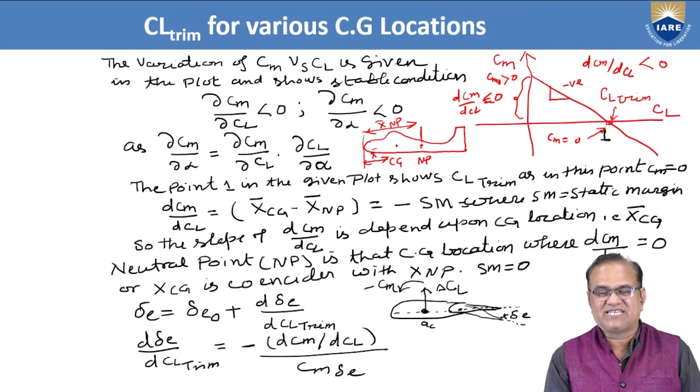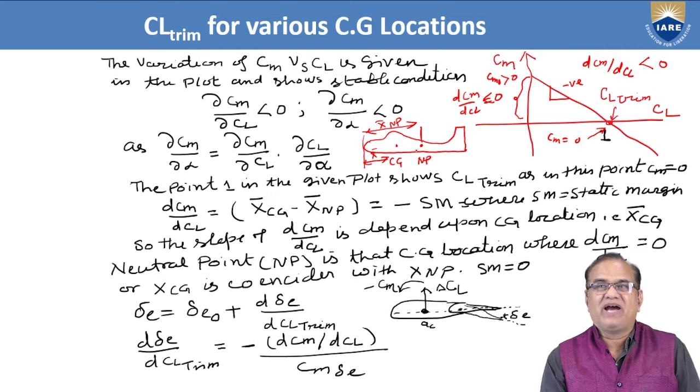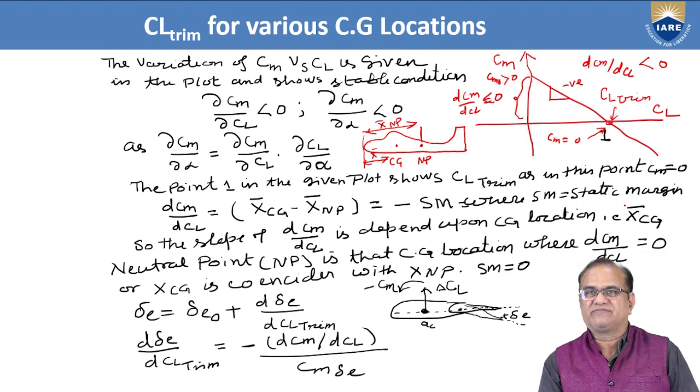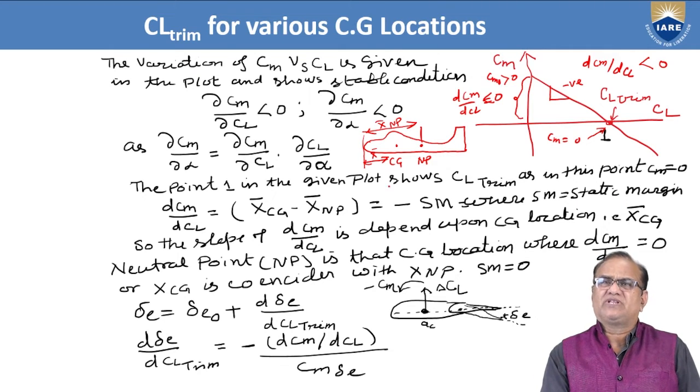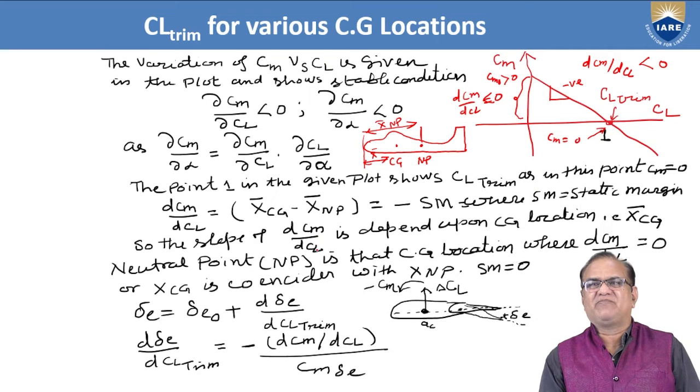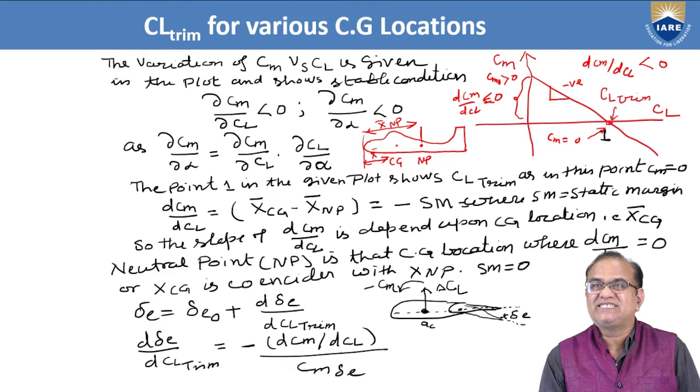As here, if you see in this case, what I have given, it shows the minus. So it is equal to minus Sm, where Sm is called static margin. So the slope of this dCm by dCl depends upon the CG location. If this CG is moving towards this point, this Sm will increase, meaning more static longitudinal stable. And as it is moving towards this, up to this point,